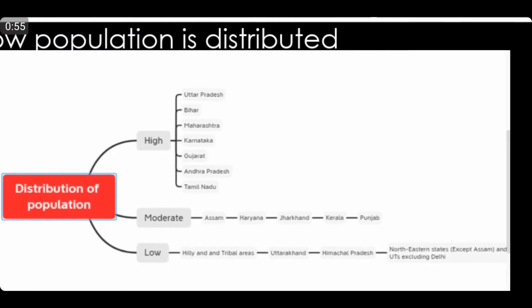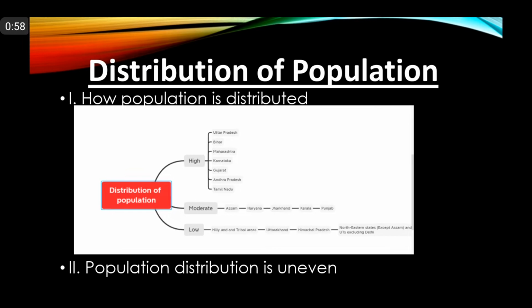Before discussing the distribution of population, let me tell you that population plays a vital role in the development of any country. In spite of having seventh position in terms of area, 2.4%, India is the second largest country in terms of population after which country? After China. Okay, having 17.5% population of the world. According to Census 2011, India's total population is 1.2 plus billion.